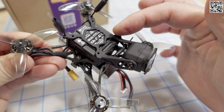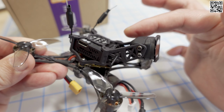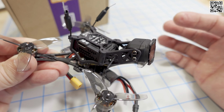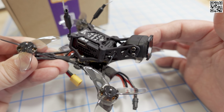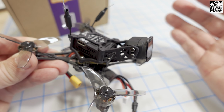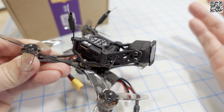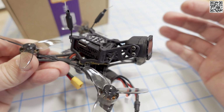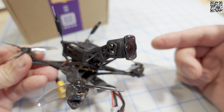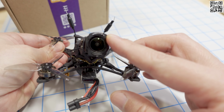This is the same kind of 3D printed mount for the O3 air unit, and the camera that the Acroby 7503 had, of course, is slightly different. For that one, you're mostly only flying indoors, slow, cinematic. You're less worried about the camera getting damaged in a crash, and it's not sticking out as prominently. This one is very prominently sticking out, so I would definitely recommend getting some sort of